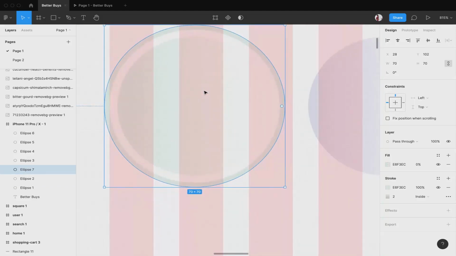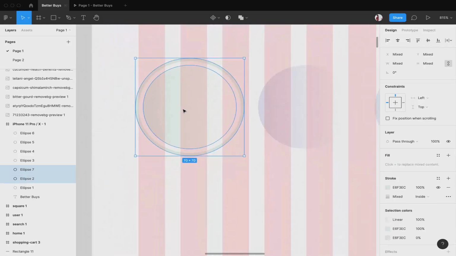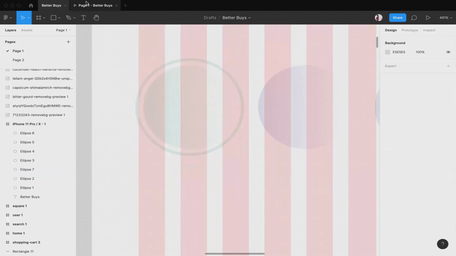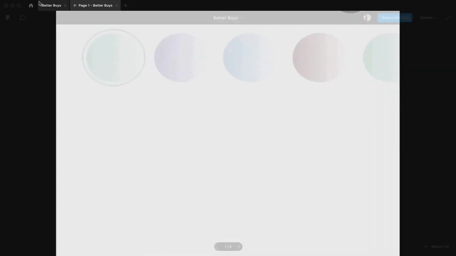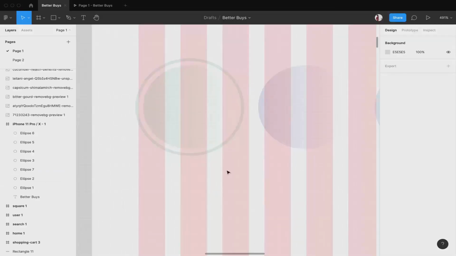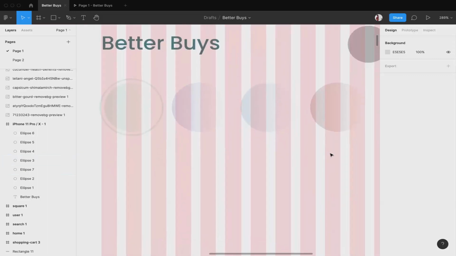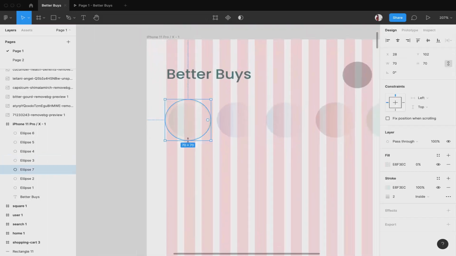So now I selected the circle which is the border, then the inside circle. Now once both are selected, I am gonna make sure they are on the same axis horizontally and vertically. So now once that is done, you can now see this looks a little bit better. Okay, so I'm gonna do the same for all the four. Now it is very simple.